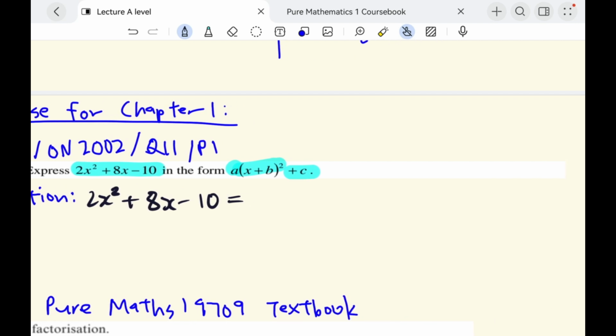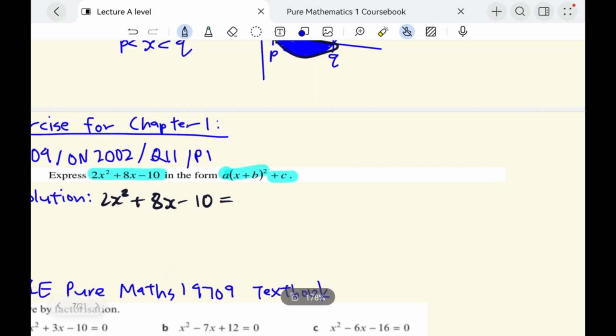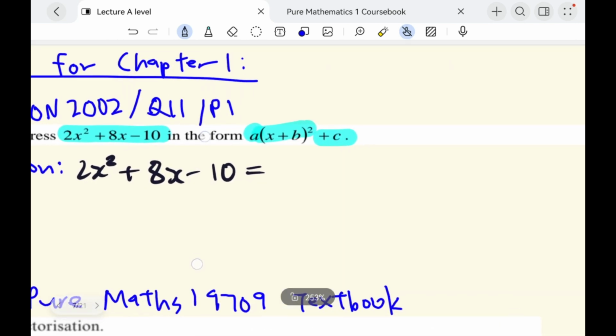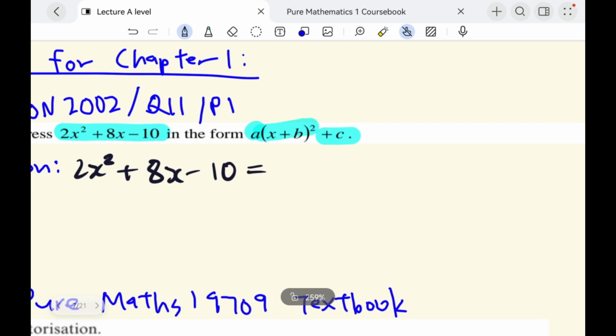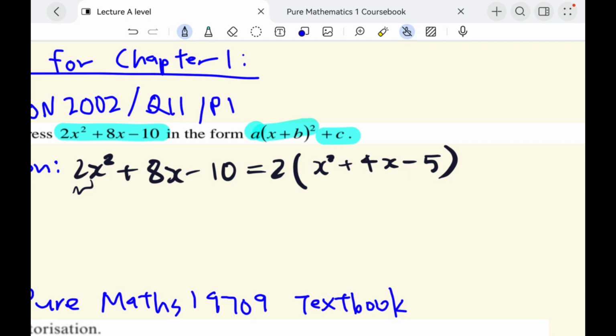So based on this, you need to factorize the coefficient of the x squared first. So you need to factorize 2 out. Okay? Make sure your coefficient of x squared becomes 1 inside the bracket, and 8 over 2 is 4, 10 over 2 is 5. Next step, you need to add